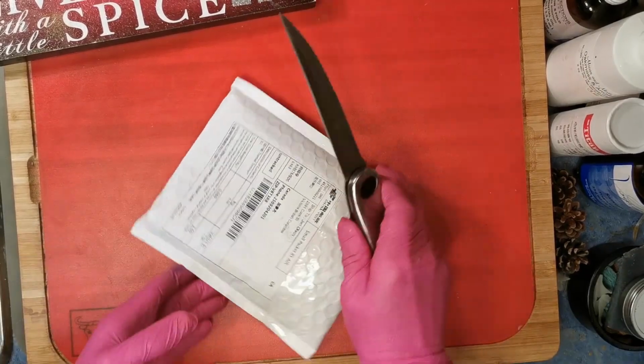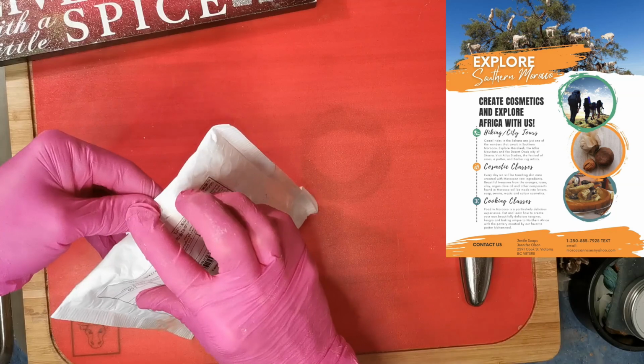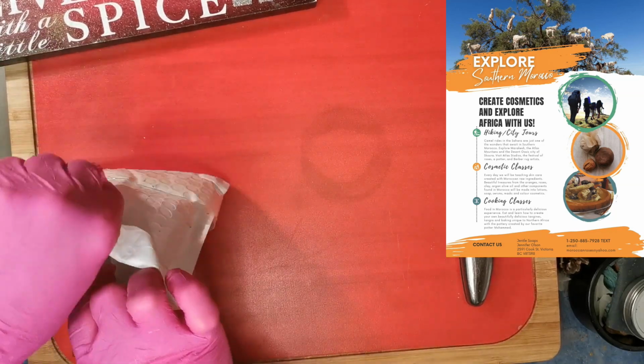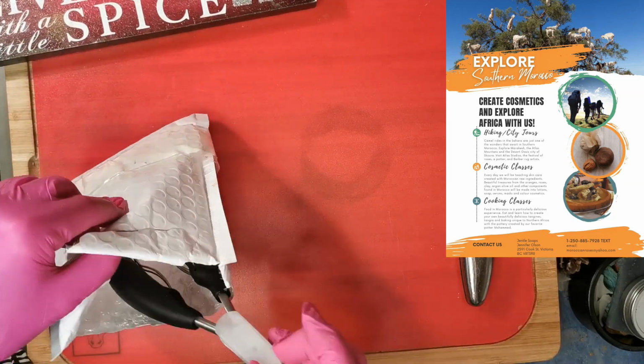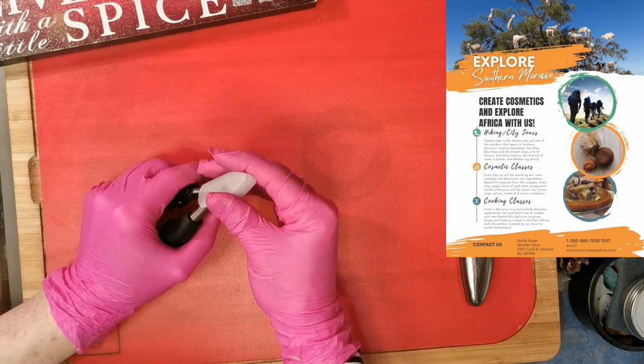Right, let's see what we've got here. I think it's going to be pretty. These little tiny ones usually are pretty awesome. Oh, okay. So this is sort of soap-related because I do use quail eggs in one of my